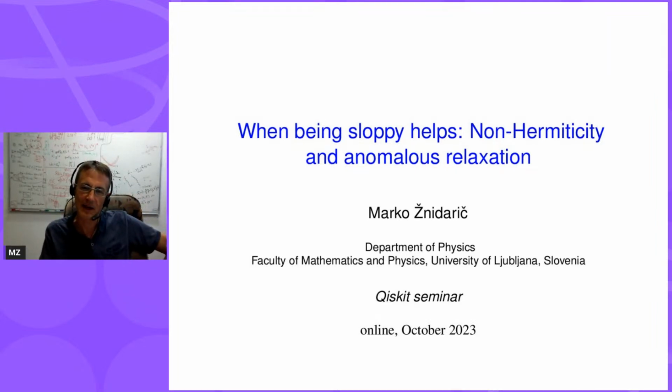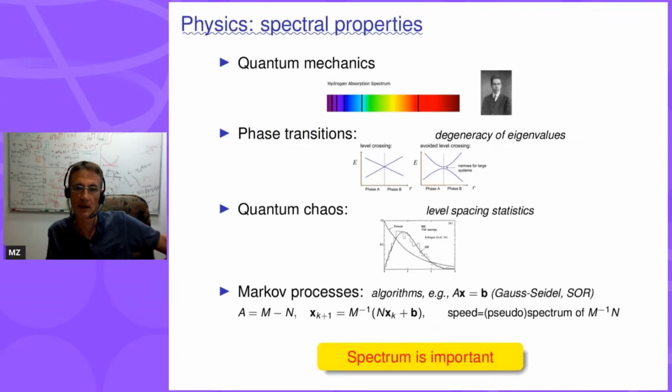Yes, so I will speak about some relatively recent discovery that we came across a couple of years ago. It deals with the spectra of non-Hermitian operators, and the behavior that you can get out of it is kind of interesting, and I hope you will also find it a bit amusing. So let me just start with a bit of a reminder that spectral properties of, say,